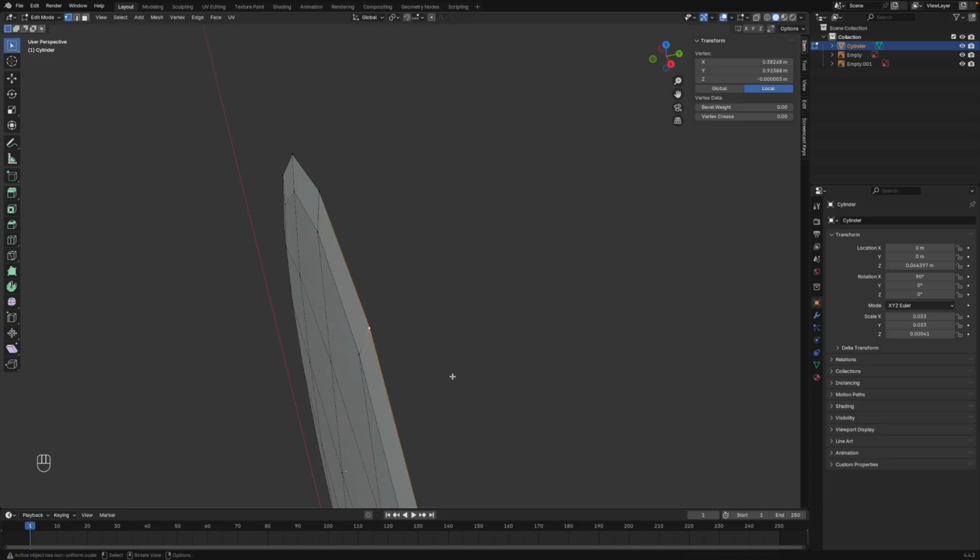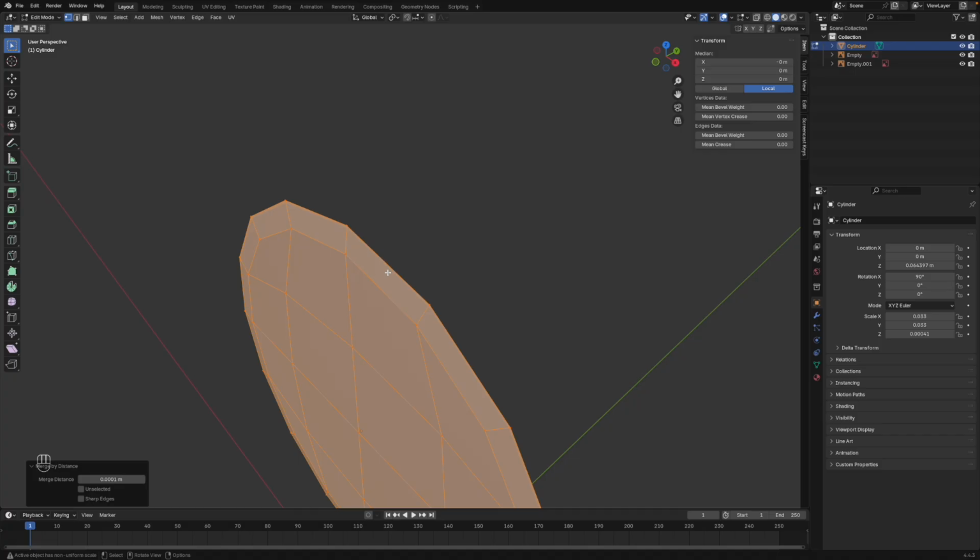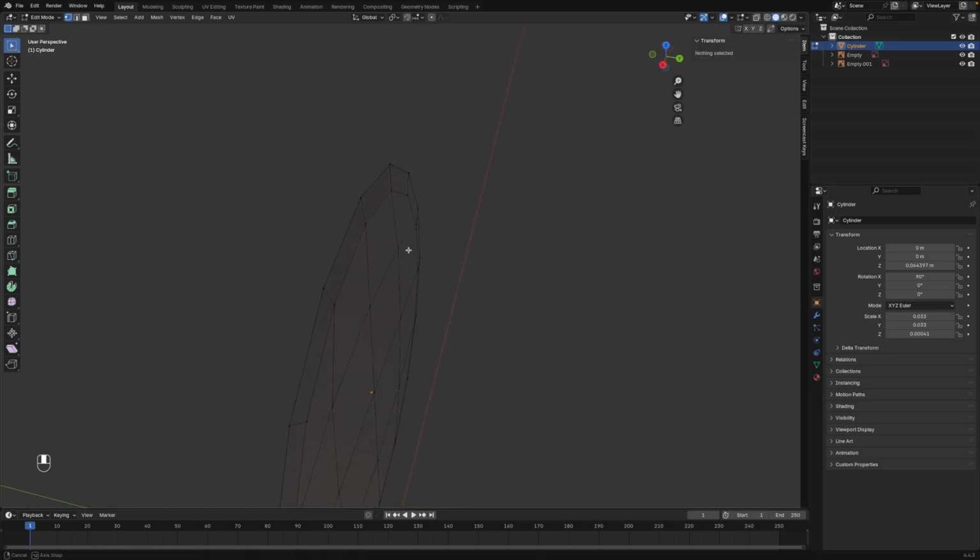We want to deal with it, so we select everything with A, then we press M and merge these vertices by distance, and as you can see it removed 16 vertices, which is good because we started with a 16 vertices cylinder. So now we have a sharp blade,